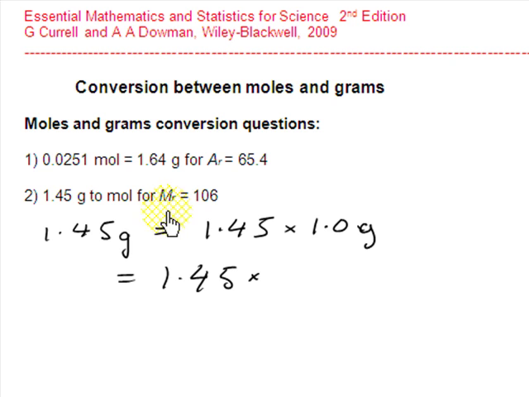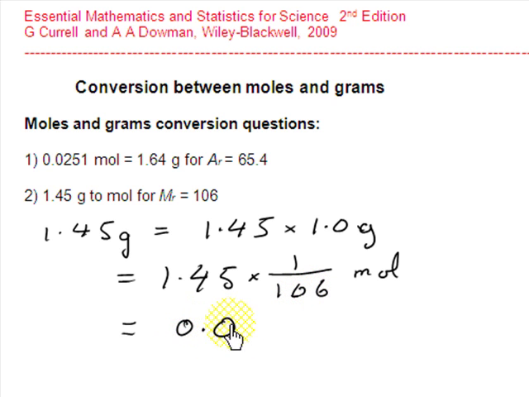So for a compound with a relative molecular mass of 106, 1 gram will be equal to 1 divided by 106 moles. So if we evaluate the division on the right-hand side, we have a value of 0.0137, and this is moles. 1.45 grams will equal